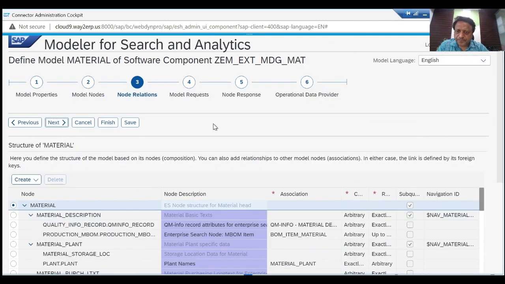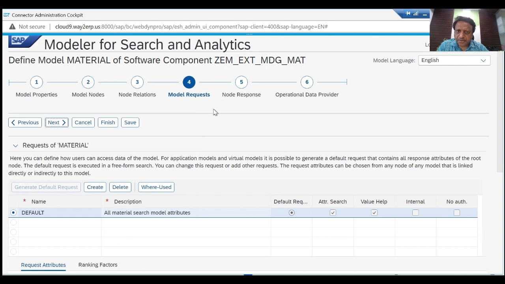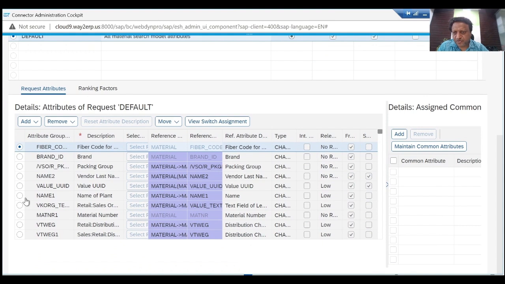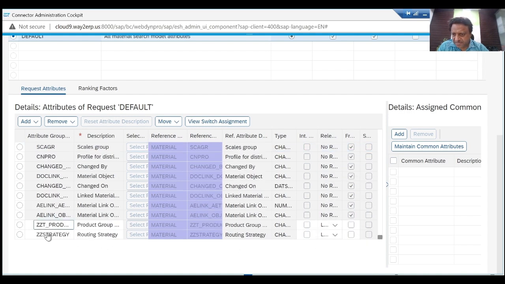And then there are two fundamental mappings. One is the model request. Requests are basically the attributes which are used for searching. So we see the standard attributes, and if we scroll down, we will then see the addition of the Z